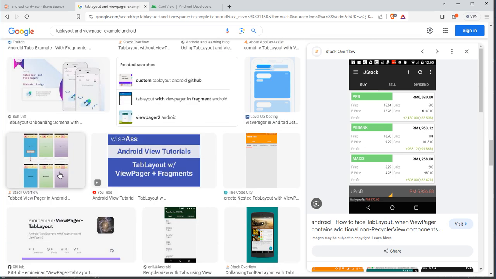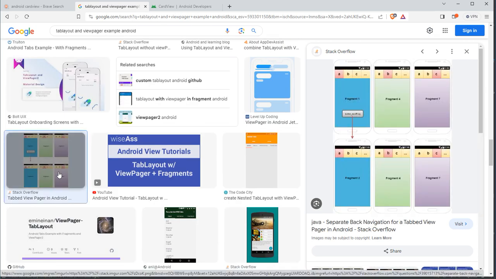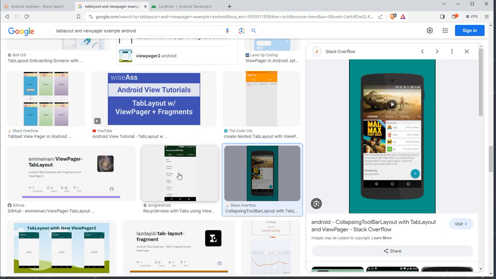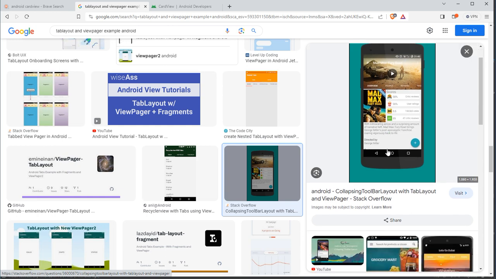One more example if I can show you. Let's see what is the image of this. Okay, this is just an illustration image. Okay, this also you can see. So this must be one of the applications. So here it is an image view, on top of that they have shown one tab layout, which has a transparent background. It is overlapping that image view or video, and below that they have shown information. So if you select this tab, this information or this fragment will change. Okay, so this is how